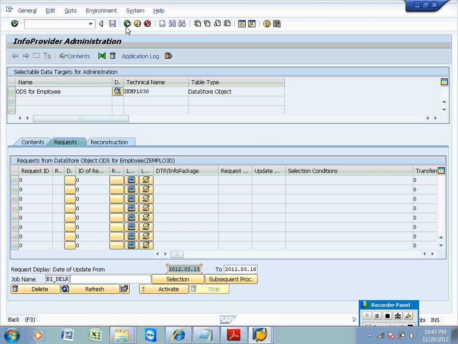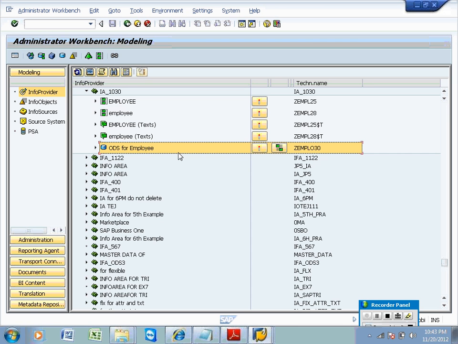Now, what can we do? Dialog, the process name itself is dialog. It is going to do work for you. Whenever you perform certain activity, there should be some workers in the system to perform the work for you. You are assigning the job to the work process, and they are performing it for you.